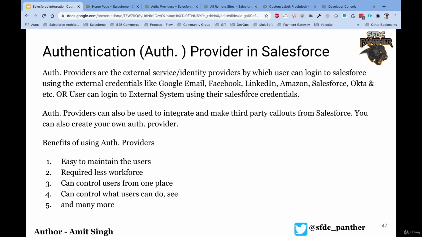In the previous lecture, we talked about named credential. In this lecture, we will talk about what are authentication providers in Salesforce, which are also known as auth provider in Salesforce. Auth providers are the external services, or we can say external service provider or identity provider, using